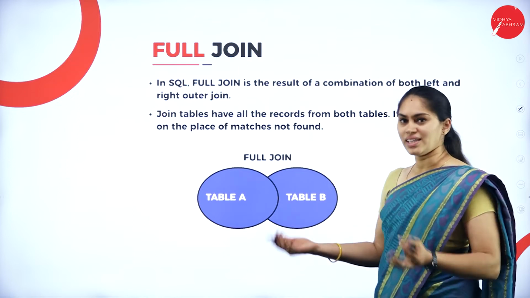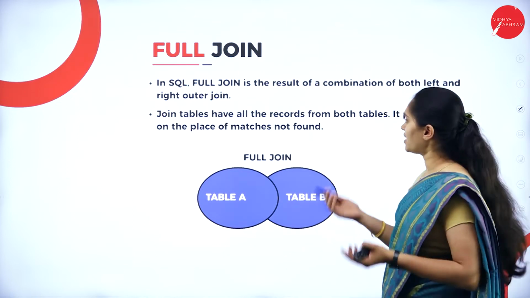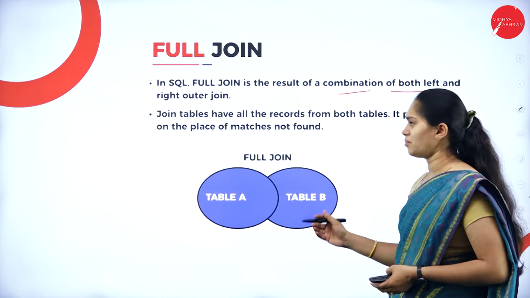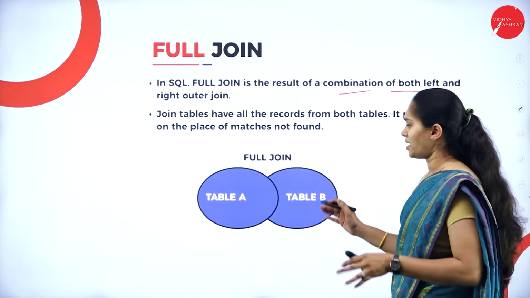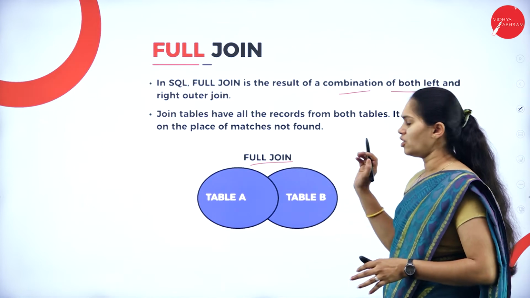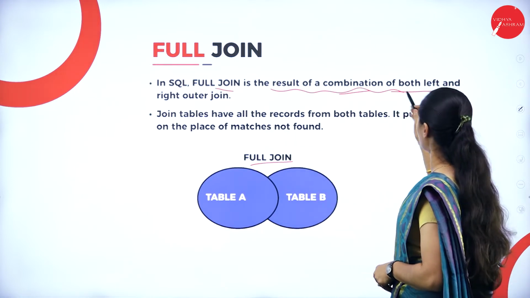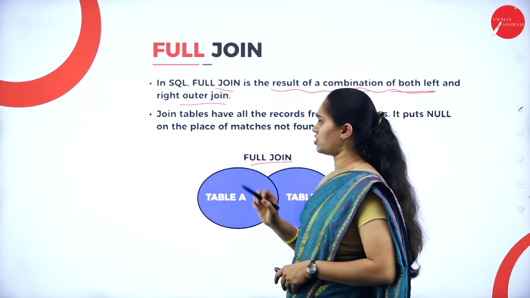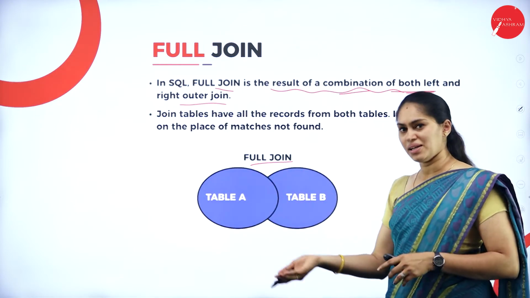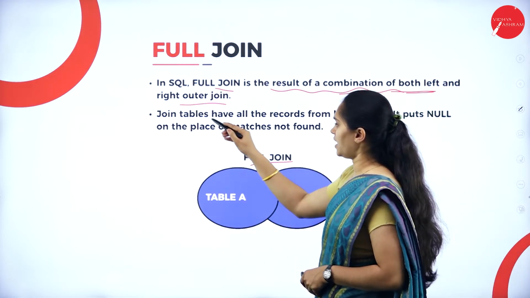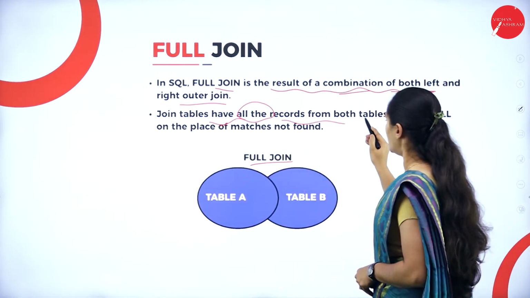So whether it is matched or not, whatever content we have in a combination of both left and right table, everything is going to be presented here, and that is what a full join is. You can see that in the full join, the result is a combination of both the left and right outer join. It combines both table A and table B, right table or left table, so that it is going to have all the records from